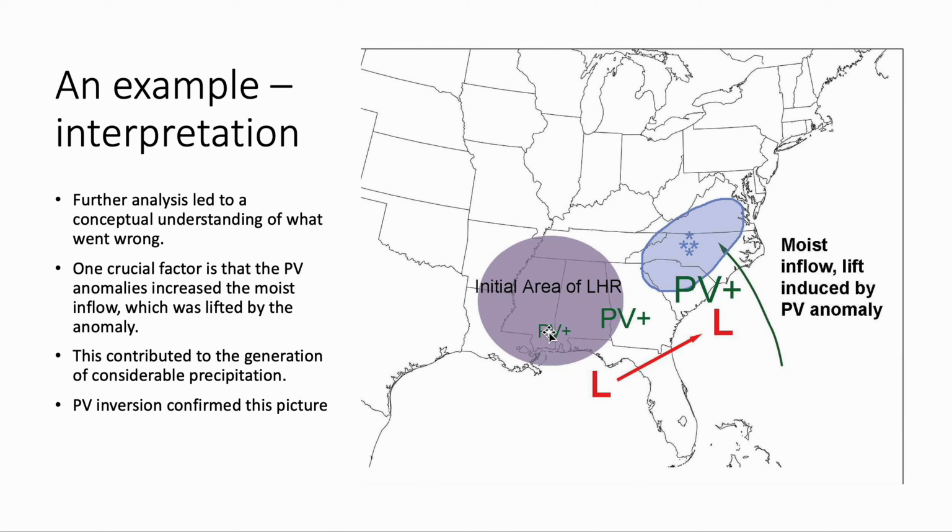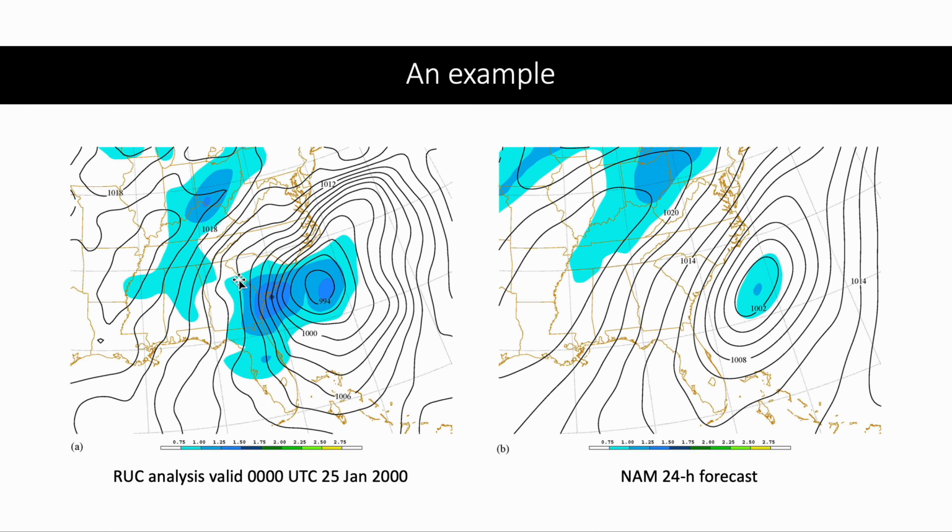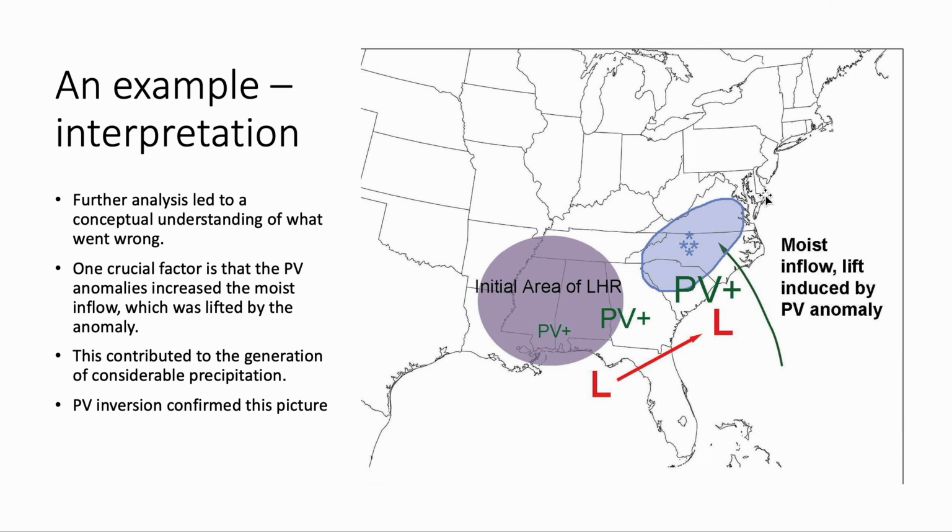And so further analysis helped show that there were pretty widespread maxima of PV over here. This is what we're seeing over here, a pretty widespread area of high PV. And these widespread areas influenced and intensified the inflow, and they lifted the flow of air that was coming in from the ocean. And these PV anomalies contributed to lifting it, which then created all the snow. Okay, and this was completely missed by the forecast. Okay, so this is a way to showcase how having a good understanding of what PV looks like